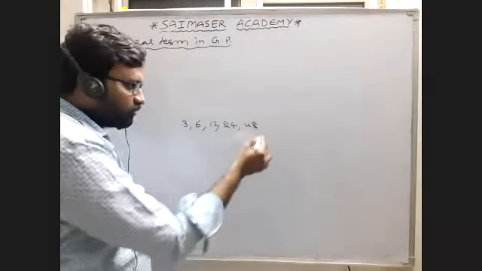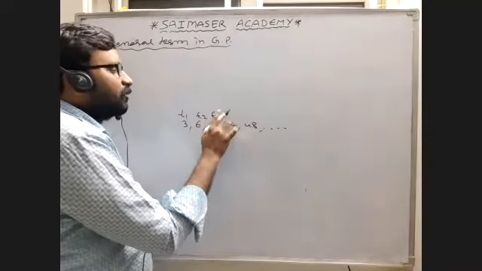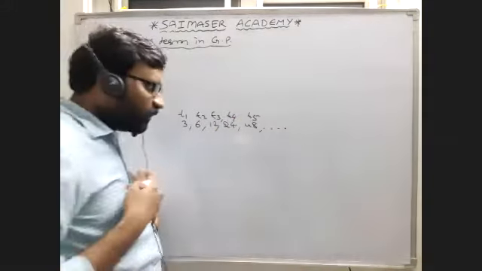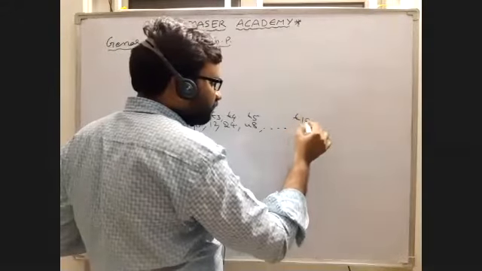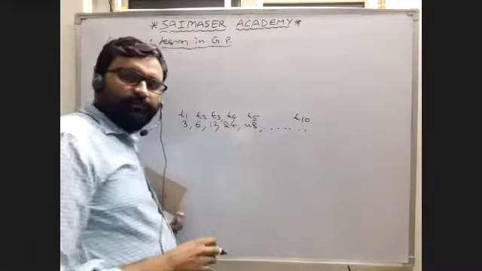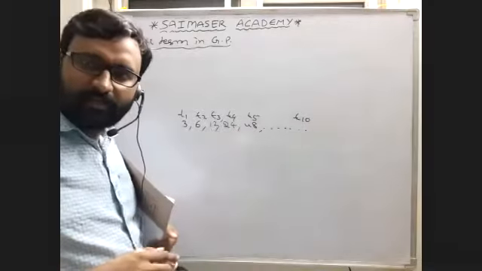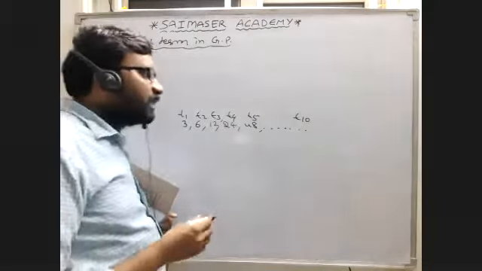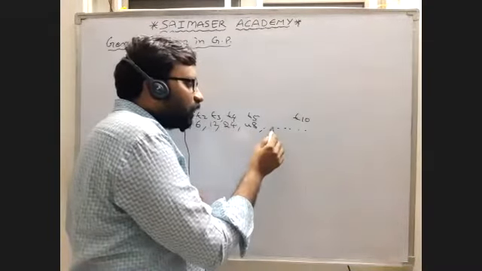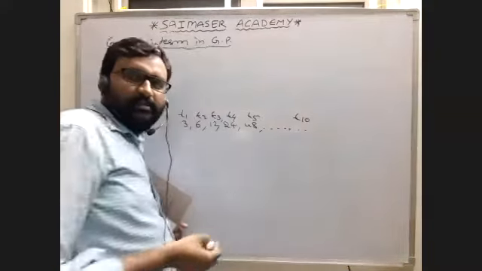This is the first term, second term, third term, fourth term, fifth term. Up to the fifth term only is given in the question. But I am asking, what is the 10th term? It will come somewhere in this series. The first way, the basic way, is to write 48 2 ja, and again 2 ja, again 2 ja, again 2 ja. You will get what is in the 10th place. That is the 10th term.